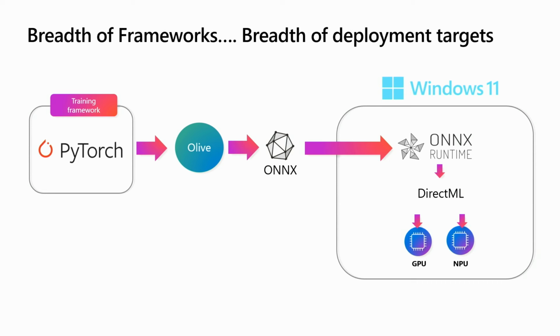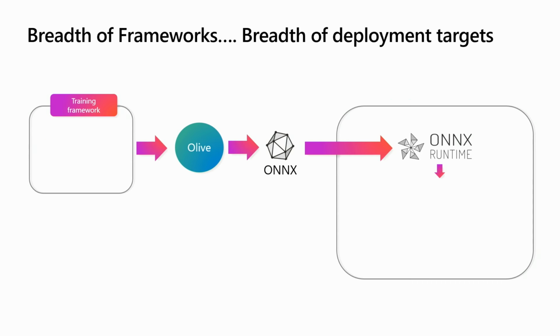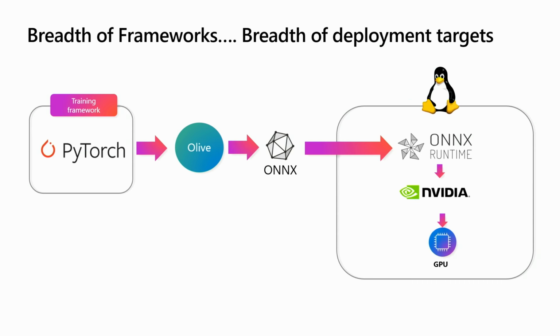But equally, what you could do is say, well, I want the deployment target to be a Linux VM in the cloud or Kubernetes that could be running NVIDIA CUDA. And it's the same process. You use Olive to generate this sort of hardware-aware optimized model for CUDA, and then that will run on the runtime. And you haven't had to learn CUDA and the inner workings of CUDA to do that,